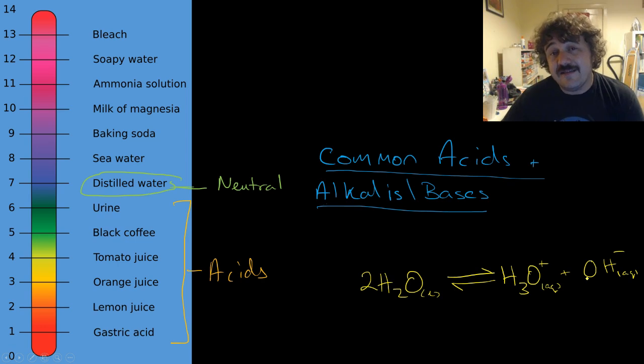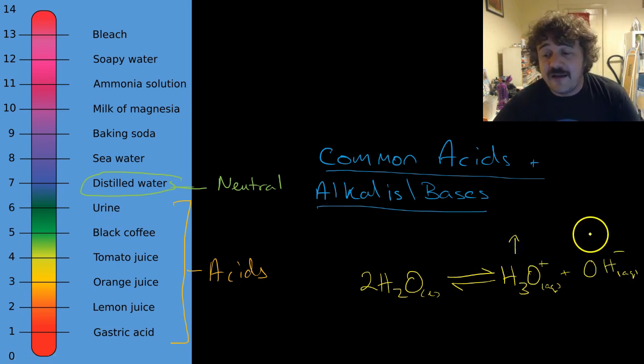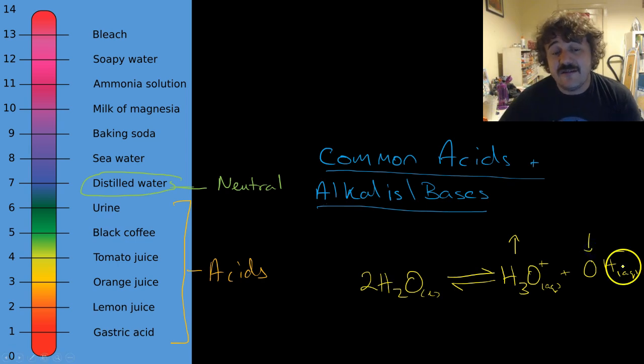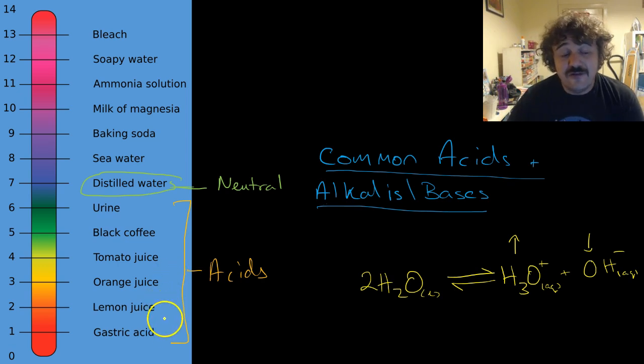Then we get to our acids. Our acids have more hydroniums and less hydroxides. These are things such as black coffee, which is about a 5, lemon juice is about a 2, gastric acid, which is what's in your stomach, is about a 1, tomato juice is about a 4,